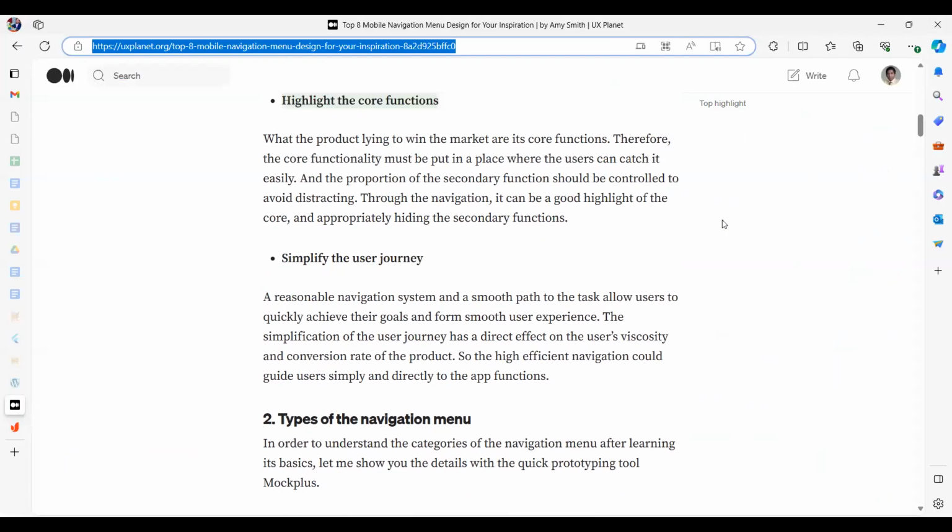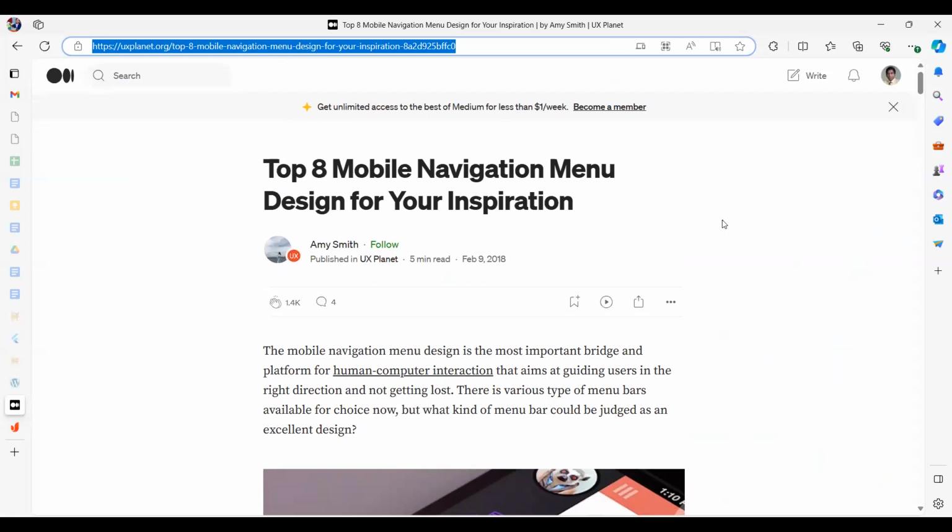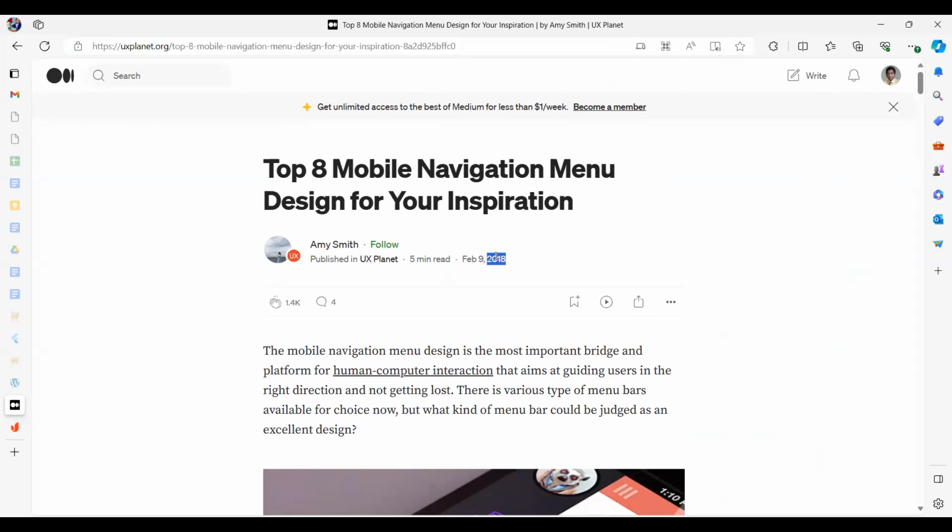Okay, so this website I shared with you, top 8 mobile navigation menu design for inspiration. Now, also, when you're looking at these things, please check the date, right? Sometimes you will get 10 years old, 15 years old stuff. So make sure they are current.